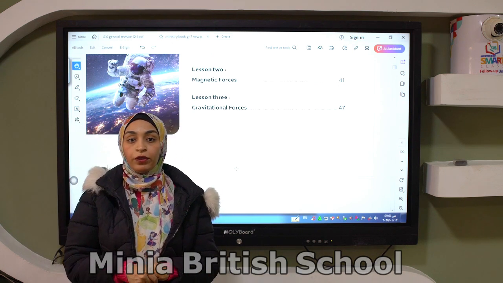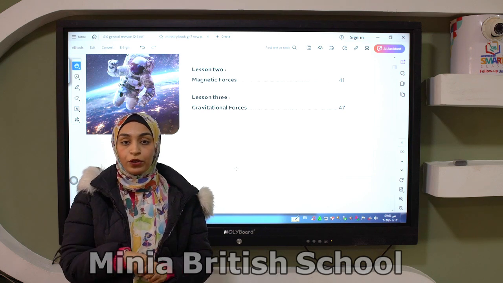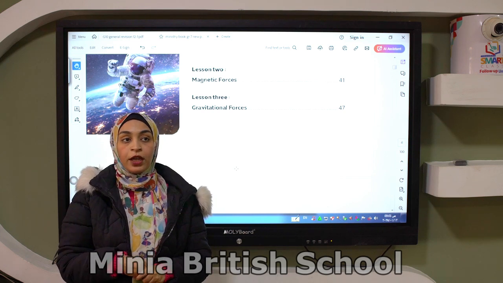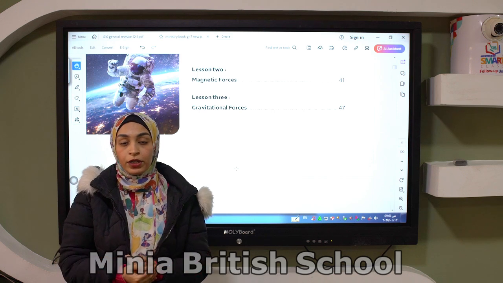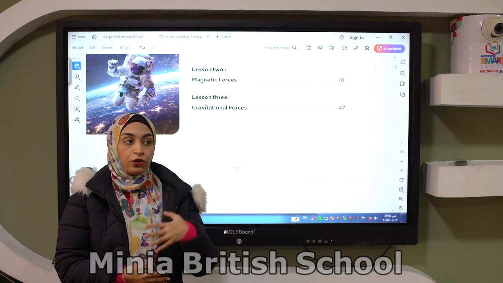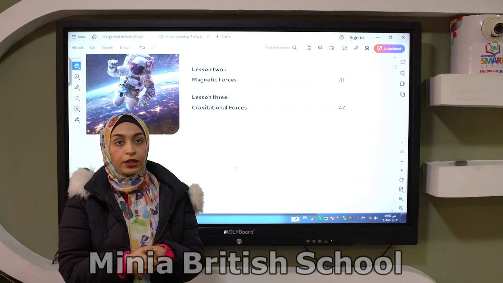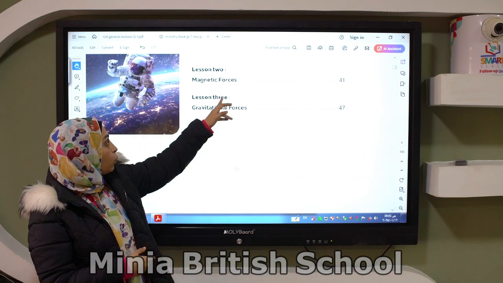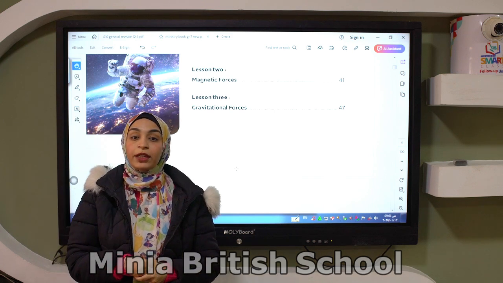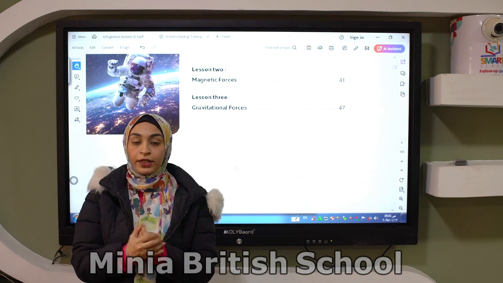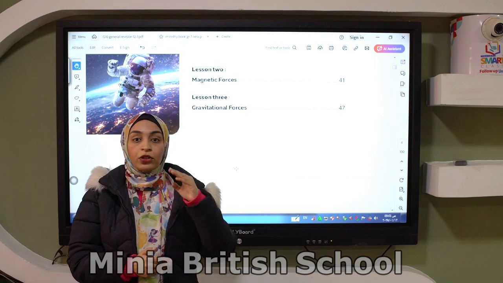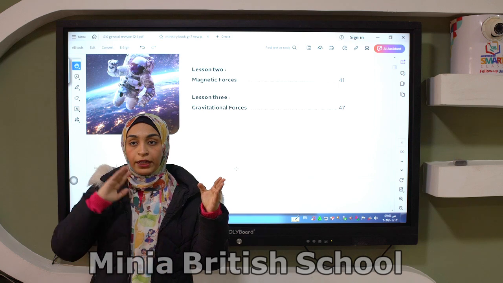which the area of the magnetism force appeared in it has a magnetic field, and we classify the materials according to the magnetism force into magnetic materials and also non-magnetic materials. Also, we talked about the magnetic field lines. They are imaginary lines that don't intersect with each other and start from the north pole and end at